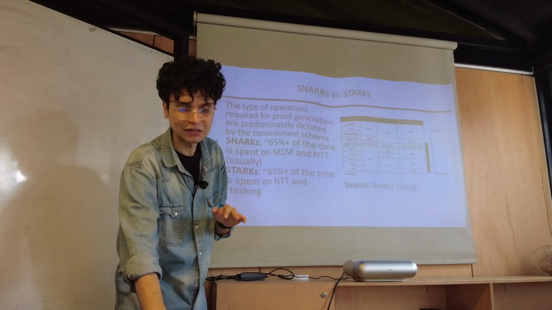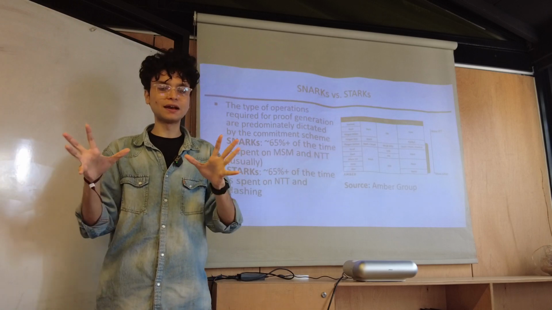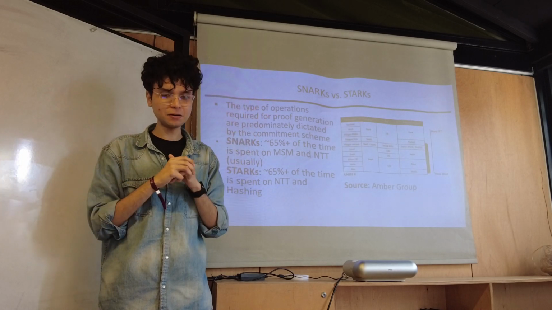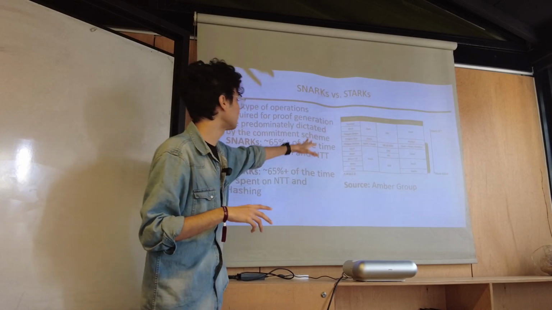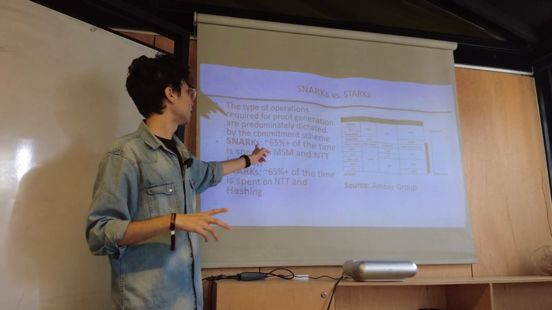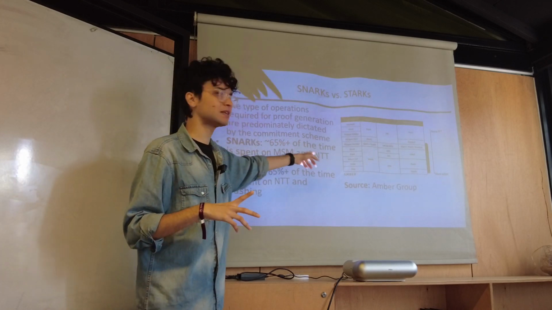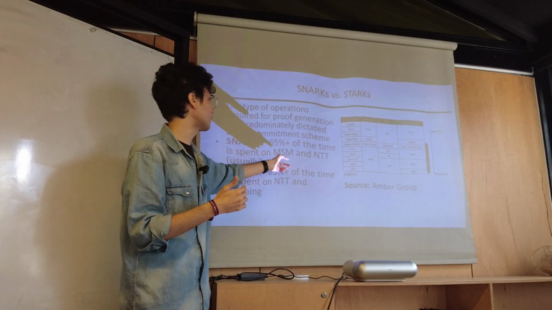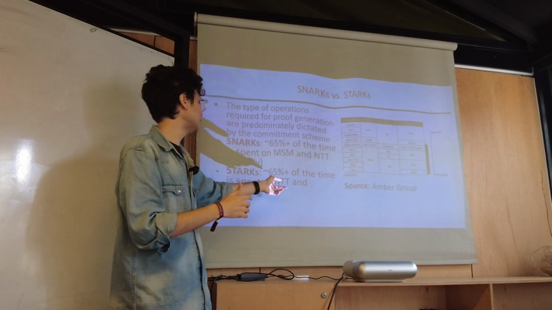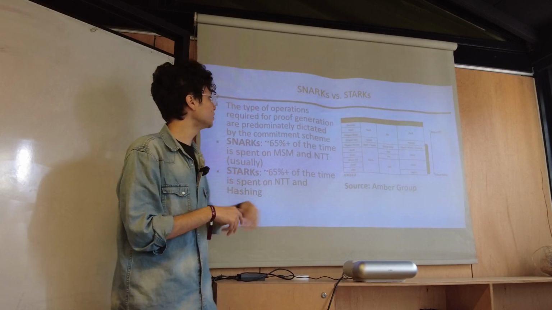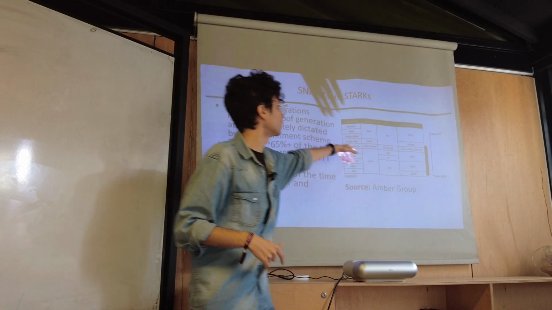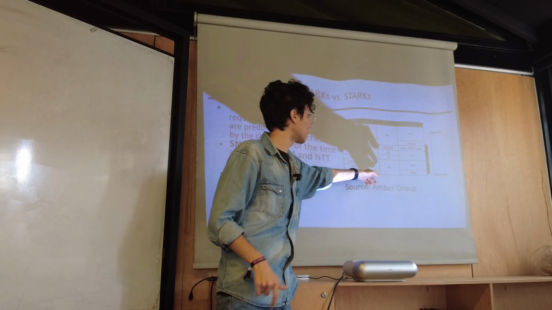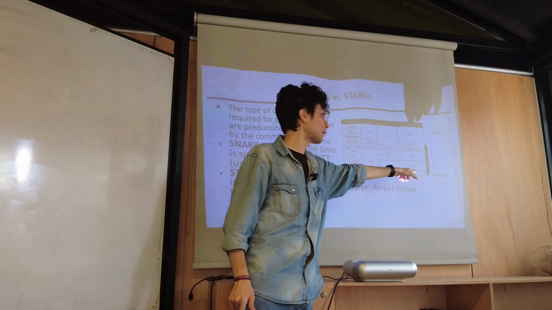So, just bringing all of these together, right? These three primitives are what actually matter for hardware acceleration. And if you just look at some quick stats, right? If you look at SNARKs, most of the time is spent on the MSMs and the NTT operations. Whereas if you compare that with STARKs, we don't have a lot of MSMs there, but most of the time is taken by the NTT and the hashing operations, right? So in general, if you see STARKs or the FRI-based STARKs, the major bottleneck is FFTs, but if you go down and compare that with something like Plonk or Marlin, most of the time is spent on MSMs,